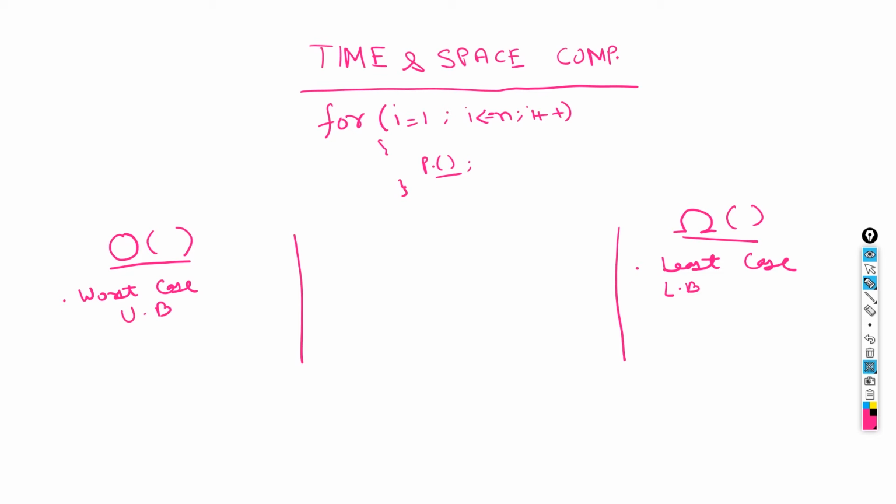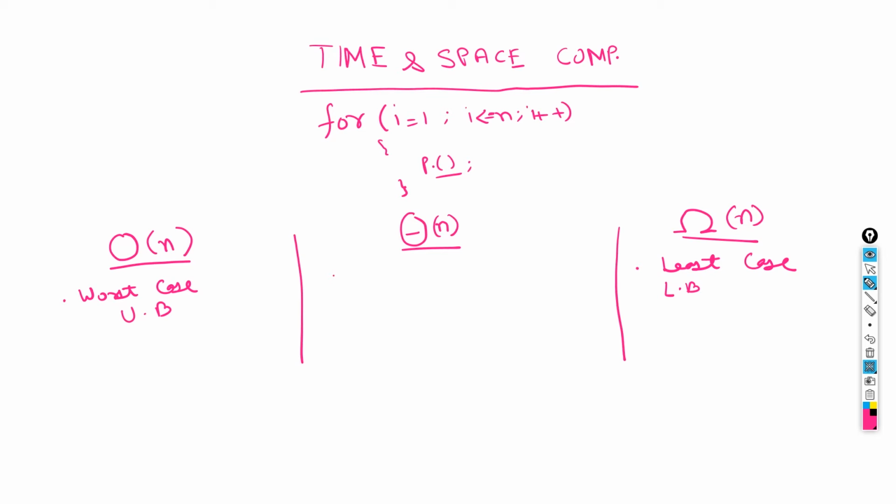This is the lower bound, this is the upper bound. So let's say this is a code. What would be the least case or lower bound, or what is the least time this code snippet will be taking, and what is the worst case, or upper bound, or the maximum time this code snippet will be taking? Then we have a third aspect, which is theta of n, and basically we measure it with respect to n. And what is this n? This n is the number of inputs that we are giving, and this can be anything starting from 0 to the maximum you can expect.